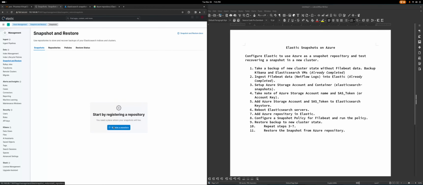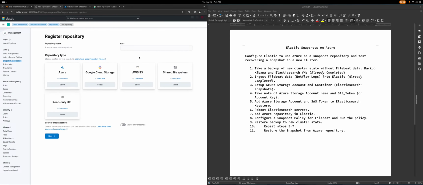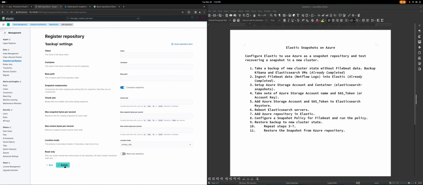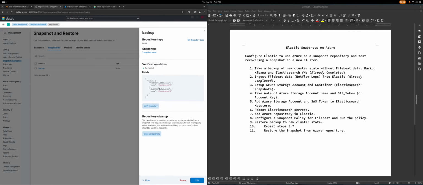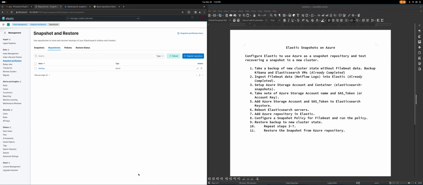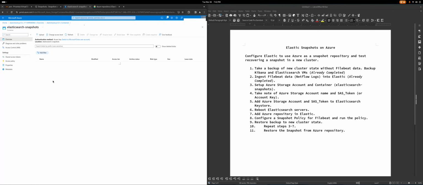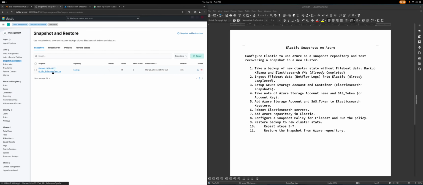So let's go ahead and register the repository. So just call this one backup again, select Azure, register, and then verify repository. Okay, that's good, it's connected. So we should see the snapshot start appearing, and there it is. So, you know, it found all of the data that was in here,